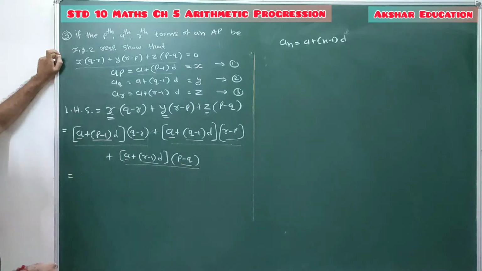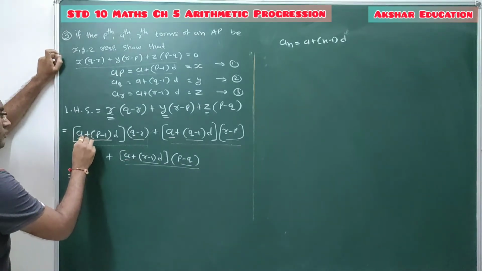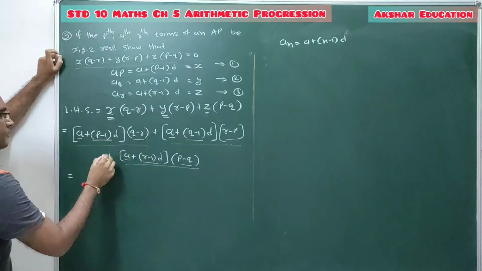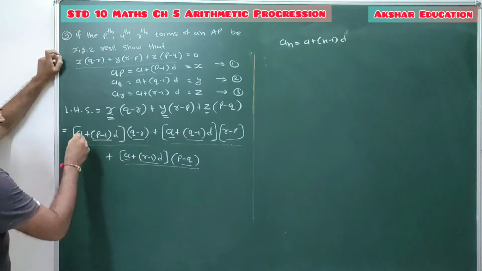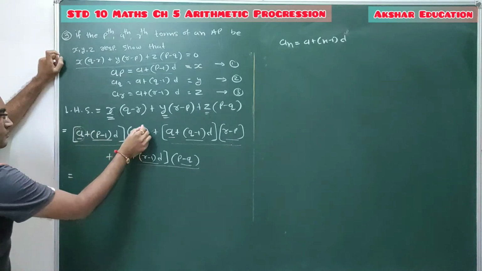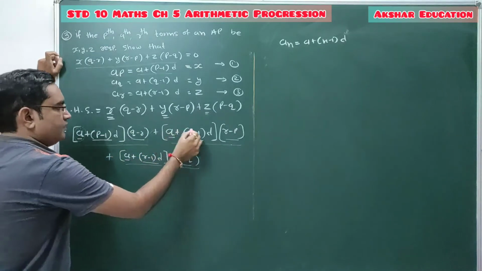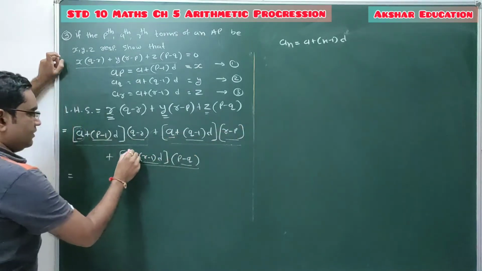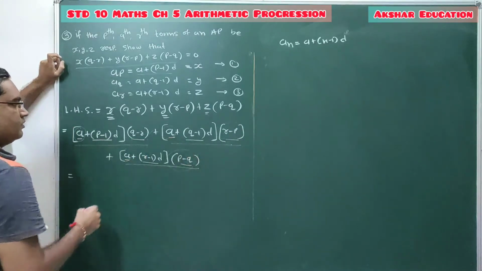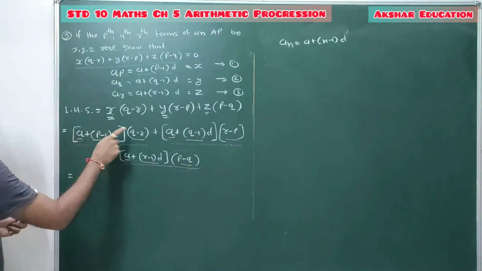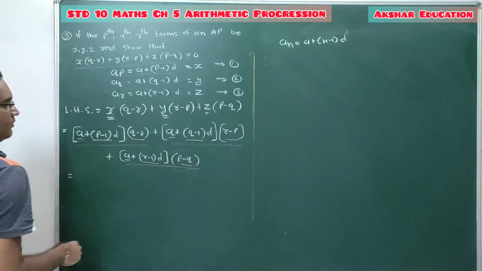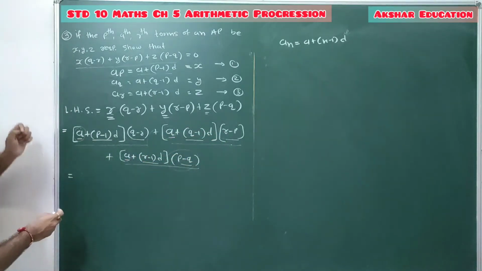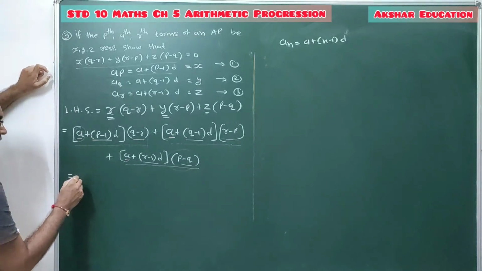So it's a into (q minus r) plus (p minus 1) into d into (q minus r). You have to multiply this a with this term, same way this a with this bracket and this a with this bracket. So multiplication of a with (q minus r), a with (r minus p) and a with (p minus q) can be directly written by taking a common,